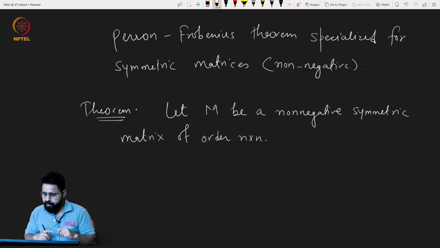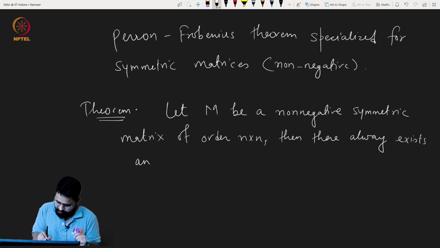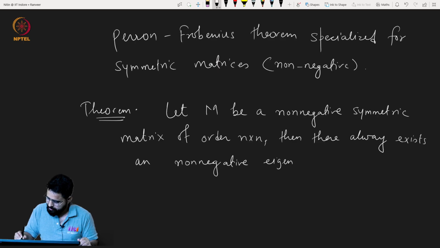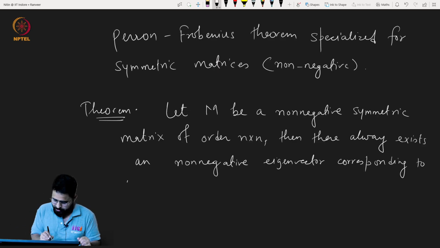It says that then there always exists a non-negative eigenvector corresponding to the largest eigenvalue